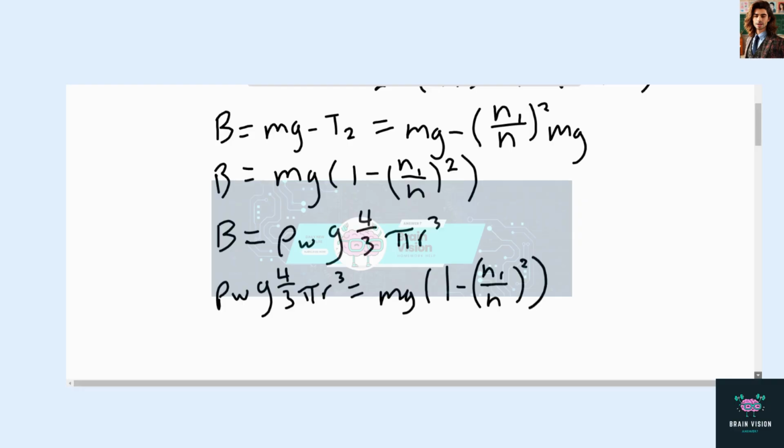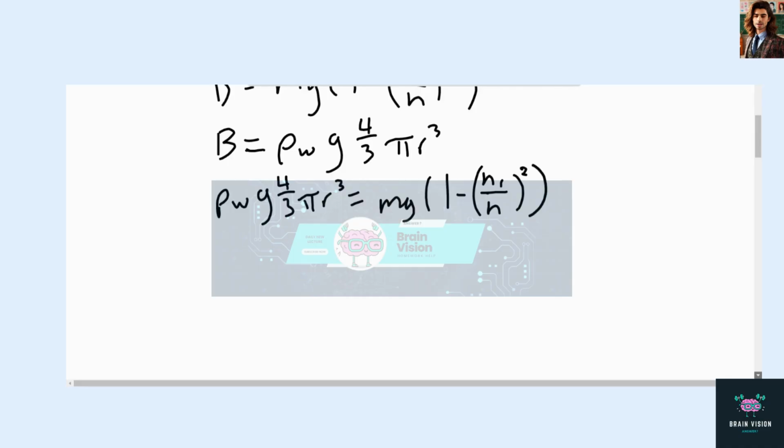So we have an r cubed on the left side with a bunch of constants in front of it. So we can bring those constants to the right-hand side and take the cube root of the right-hand side. We already have a g on both sides, so we can take that out first. And then we'll say that r is equal to